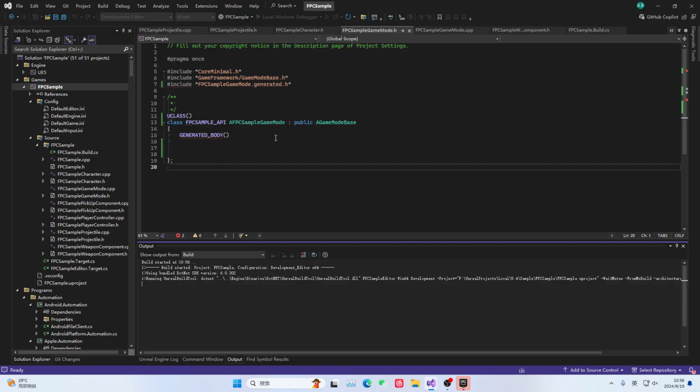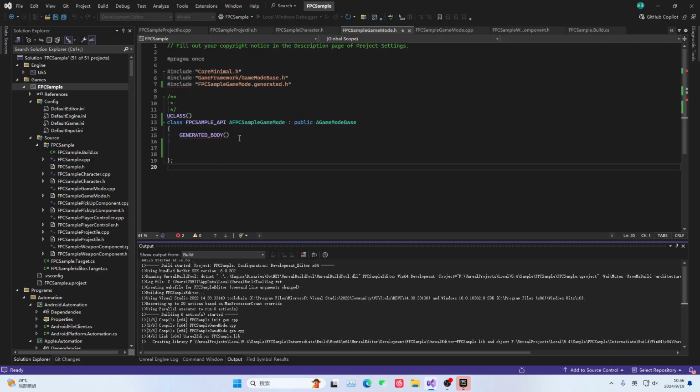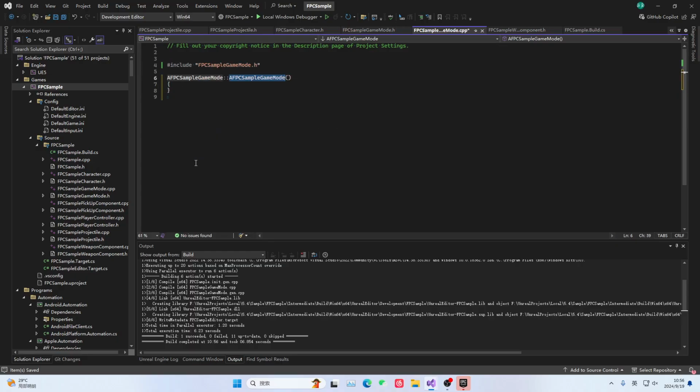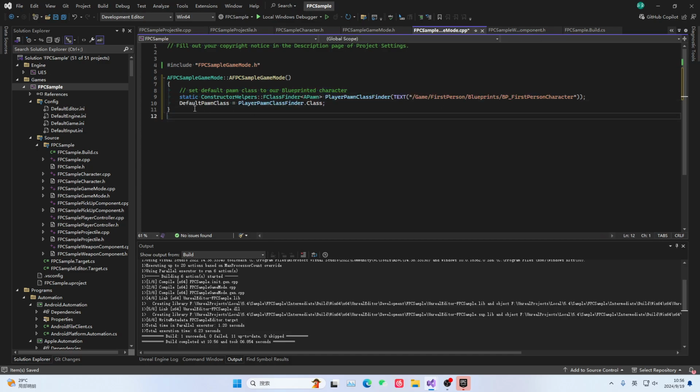This kind of modification is actually quite common when we develop on our own. But if you are designing for multiplayer development, if you modify it this way, sometimes it will cause some git conflicts. Then we restore it to normal at this point. Right. We write a game word for it here.